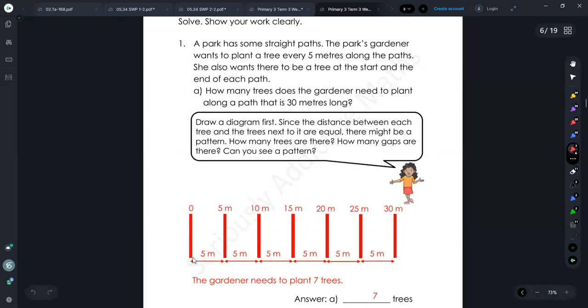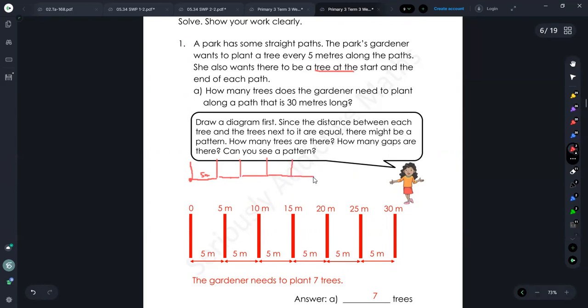So remind them that at the start there is really 1 tree, so you can actually use dots if you don't want to use lines. Sometimes I can just use dots. This is a tree, but if you want to extend it to show there's a tree, that's fine. So tell them that there's a tree at the start, and then every 5 meters there's another one, all the way to 30 meters. Because this is short, you want to elaborate and show them how to do it. Get them to draw 5, 10, 15,